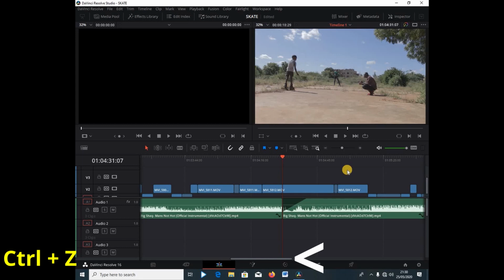So right away I'm holding Control plus Z. And right away I've just undone all the changes. So that is number 6. Number 7, I'm going to say, what if I want to redo the changes that